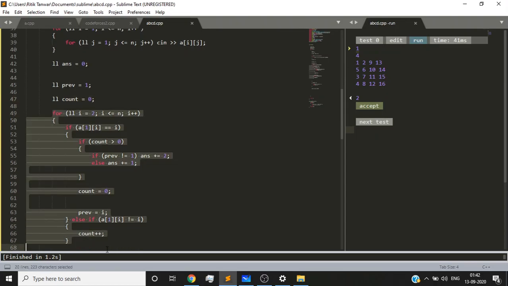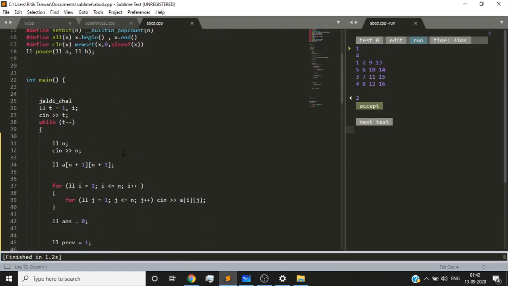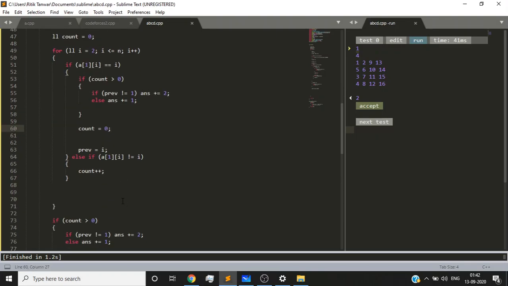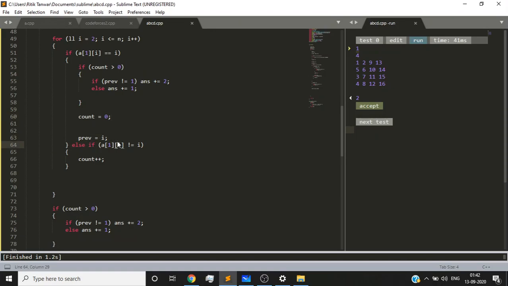I start my for loop from i equal to 2 to n. Whenever I encounter a correct element, I check whether it is coming after some contiguous wrong elements. If so, I increment my answer if the previous element was not 1, else I increment my answer by 1, set my count to 0, and simultaneously increase my previous pointer too, because up to that particular index all my elements got sorted. And if that particular element is wrong, I simply increase my count.